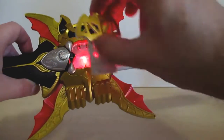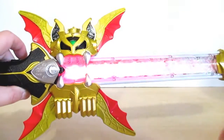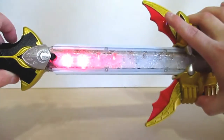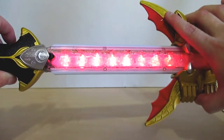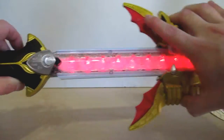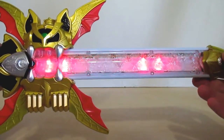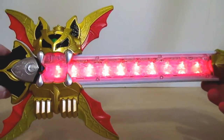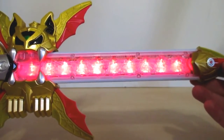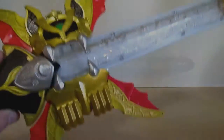And so let's put the whistle back on again and take it off again. Really cool, huh? And look how cool that lighting is. That is really, really cool looking, huh? But anyway, so it is a very fun